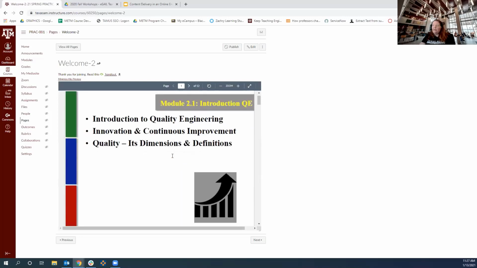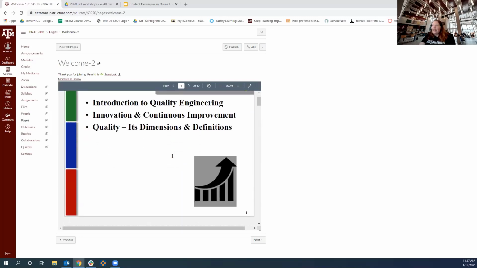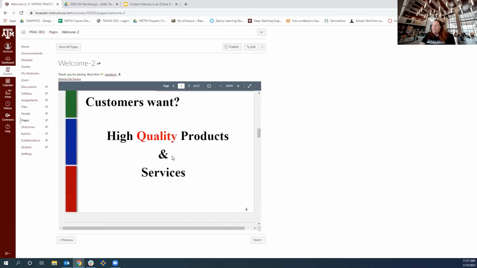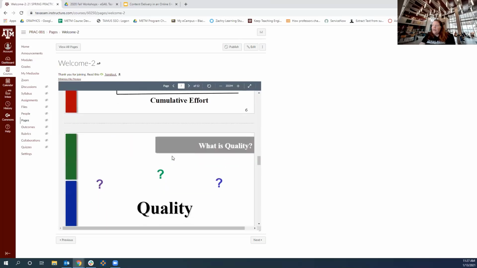The handouts are slides from the lecture. That's what this example is. And so they can actually see it on the page. Now, you can disable it so they can't do it and they have to download it. So when they click on the link, it'll just automatically download.